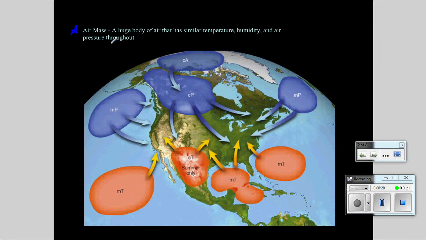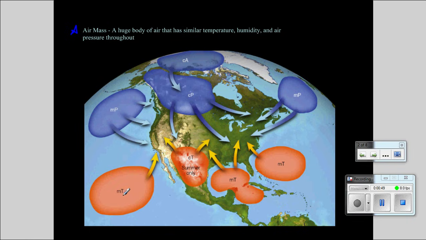First, define an air mass: a huge body of air that has similar temperature, humidity, and pressure throughout. As of now, we're not thinking of our atmosphere as one solid continuous layer. Instead, you need to think of air masses as almost pockets or bubbles of similar air that's moving over the Earth's surface. Now, those pockets of air, those air masses, are going to have the characteristics of the land over